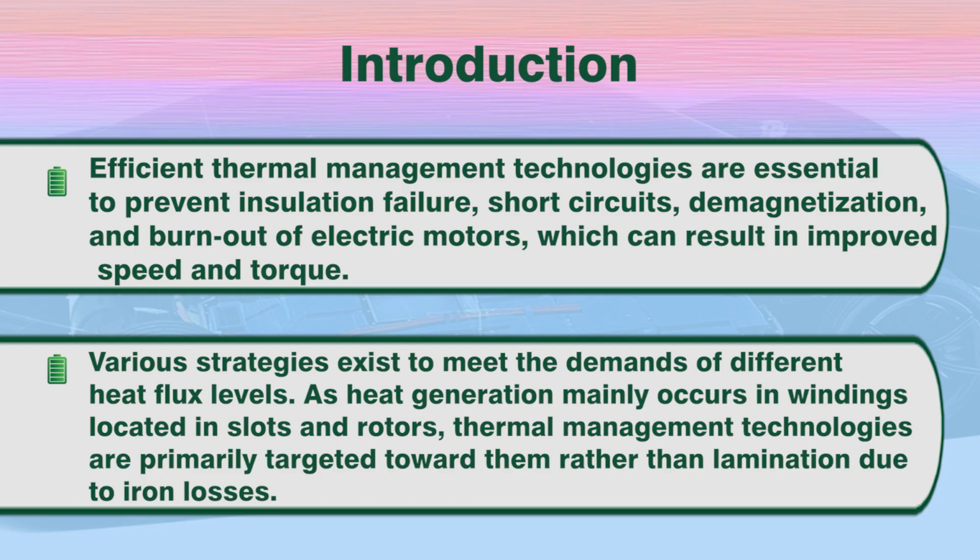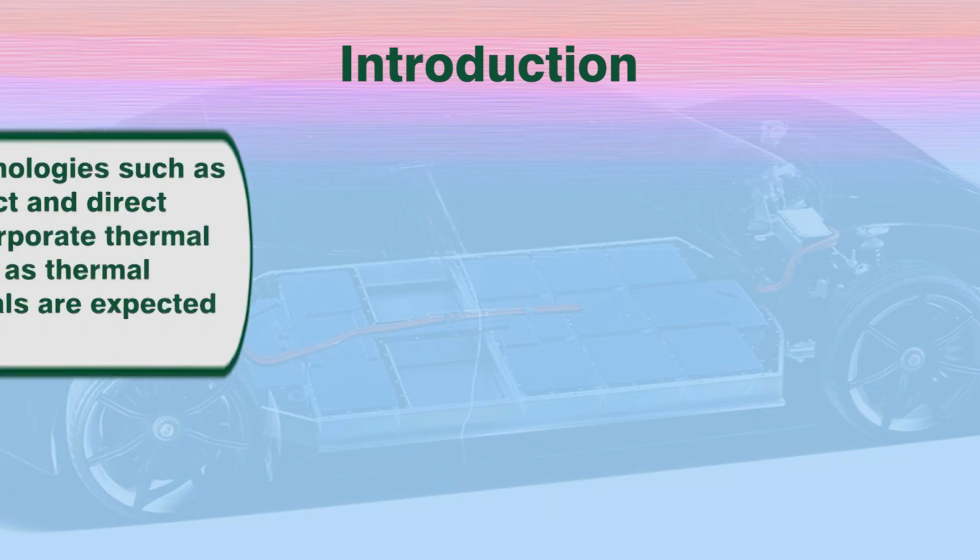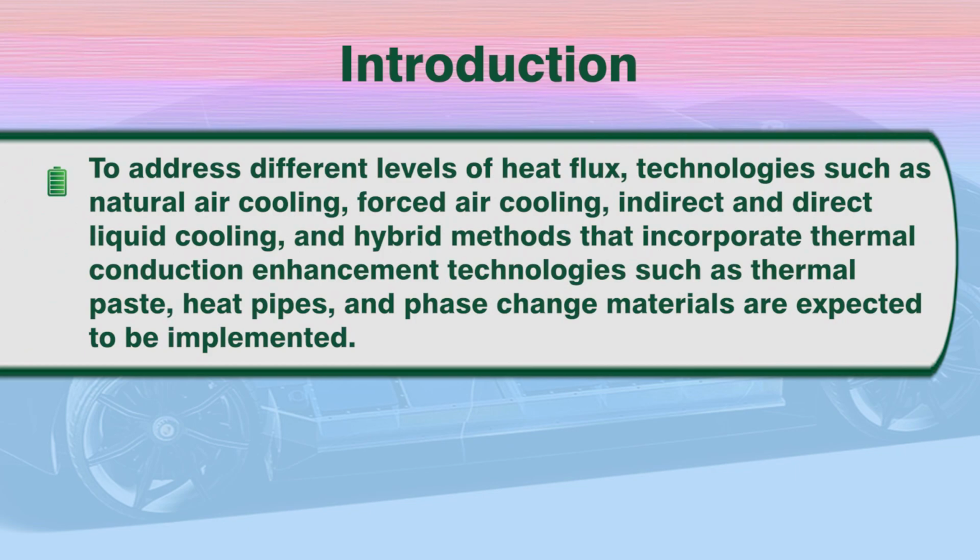The various stages exist to meet the demands of different heat flux levels. As heat generation mainly occurs in windings located in slots and rotors, thermal management technologies are primarily targeted towards them rather than lamination due to iron losses. To address different levels of heat flux, technologies such as natural air cooling, forced air cooling, indirect and direct liquid cooling